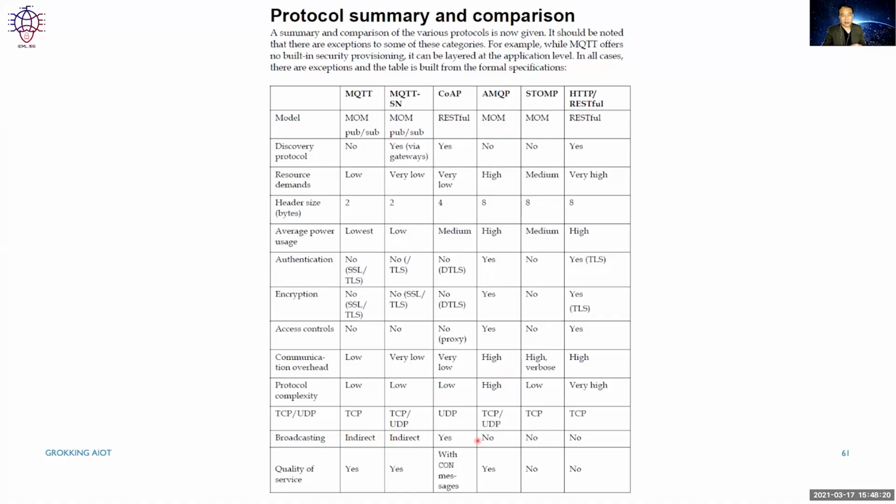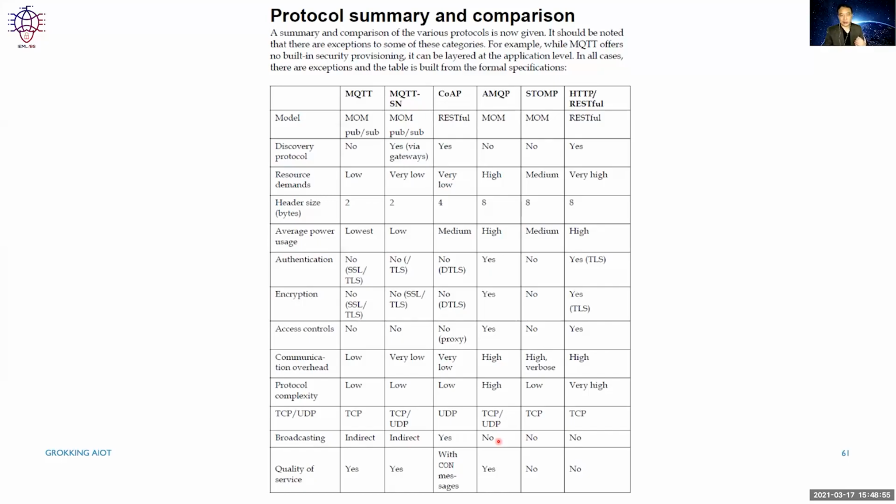Right, so here the same thing that is noted here. So for broadcasting, that means you want to send from point to multi-point, you can support it with MQTT using the broker. It's indirect because it has to go through the broker, and then the broker will actually send it out to various receivers. And in this case, if we are referencing a direct connection for the AMQP, then there is no broadcasting because it's basically one sender, one receiver.